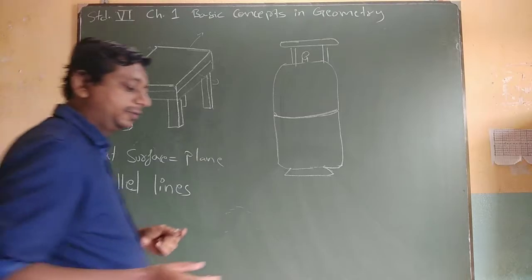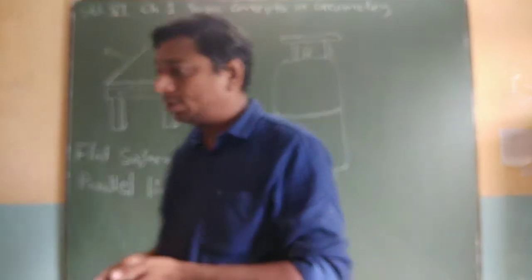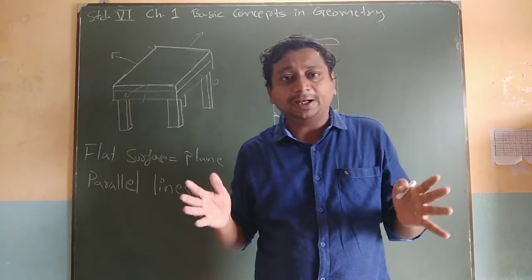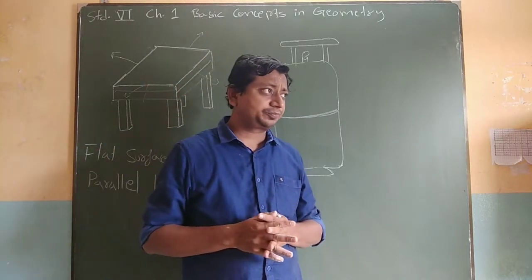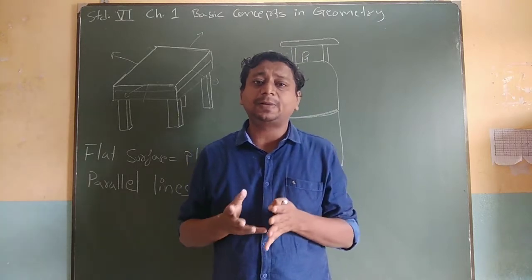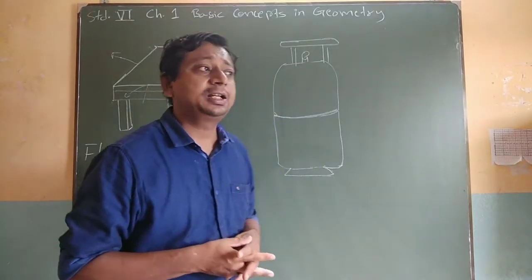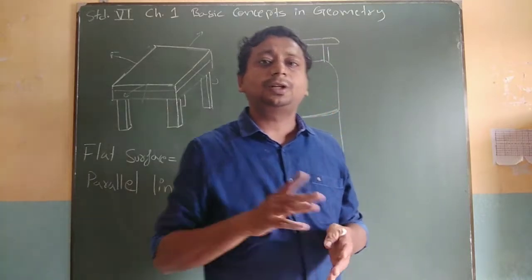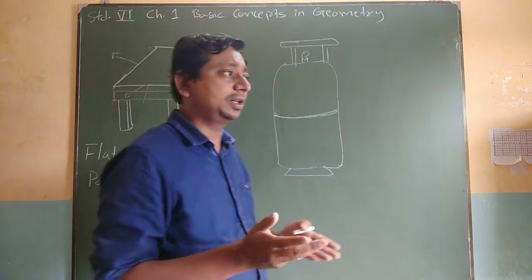Before we begin, the other day we had finished seeing some concepts like collinear points and non-collinear points. Before that we had seen lines, segments, as well as rays. And we had seen a point from which infinite lines pass through a given point. We had seen all those things, right? Those are called concurrent lines, and the point through which all the lines pass is called a concurrent point, or point of concurrence.